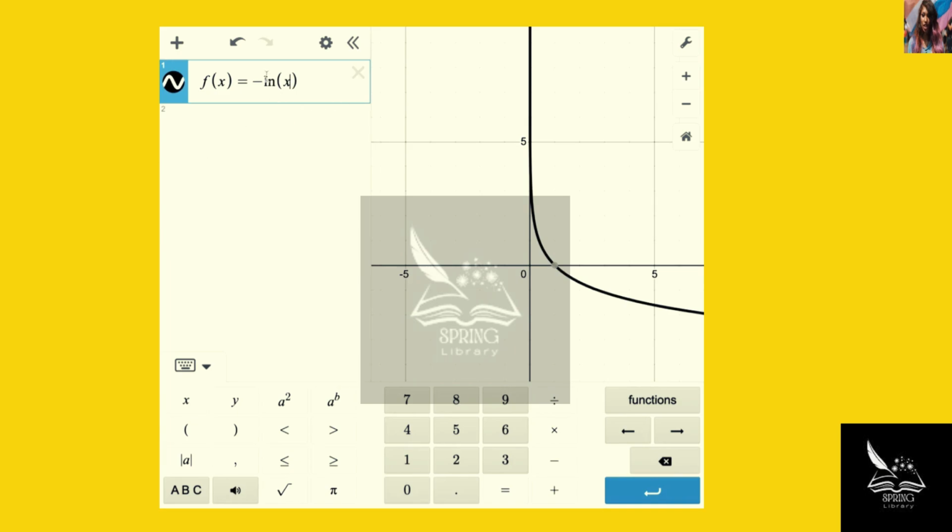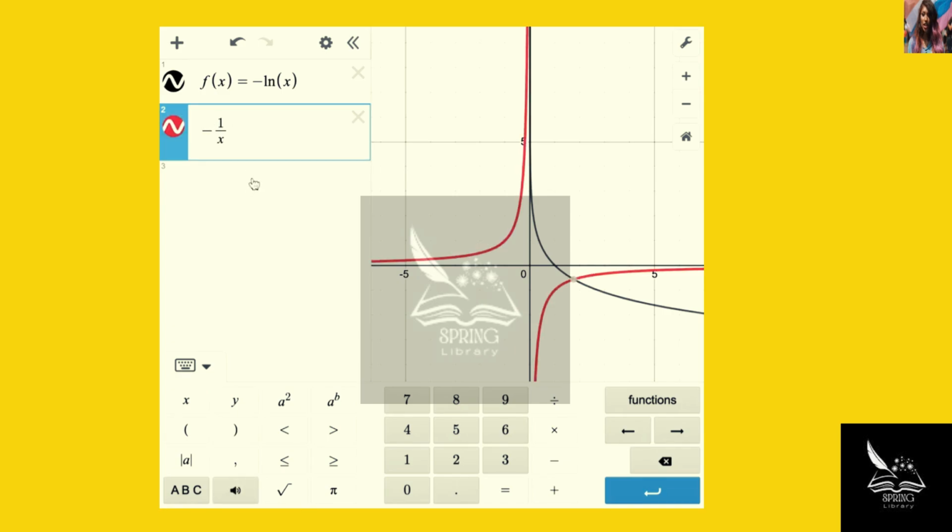When we take the derivative of this, we can pull out the negative because it's just a constant. It's a negative 1 essentially. So we know that f prime of x will end up equaling negative 1 over x. And just to prove that we did this properly, we can take f prime of x,